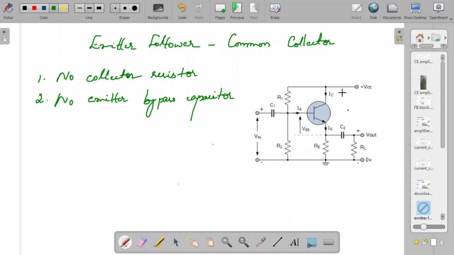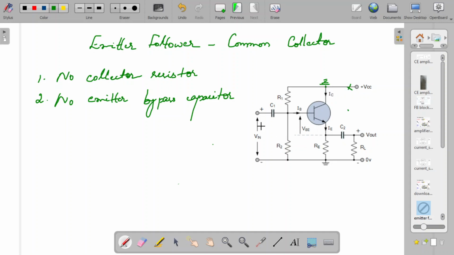you can see there is no VCC supply here. So you can consider this as at a ground potential. This is the only DC supply which you purposely give. So you can consider this VCC as being grounded at that point when you do the AC analysis. Okay, it can be considered to be in a ground position.